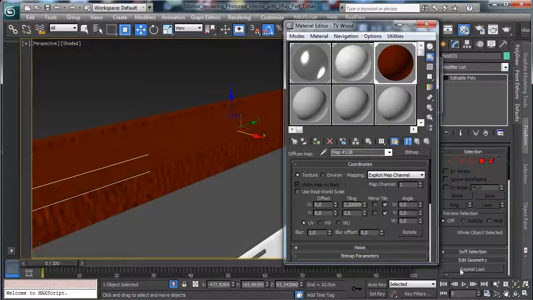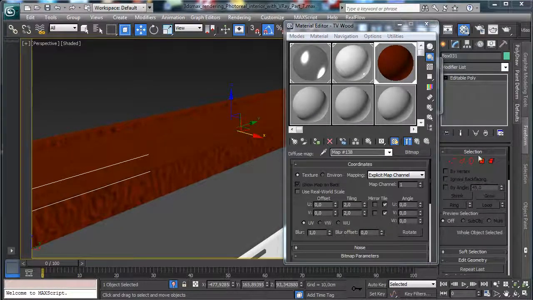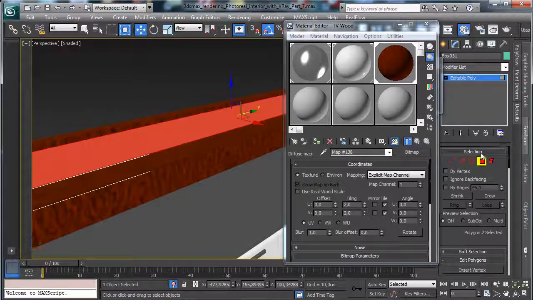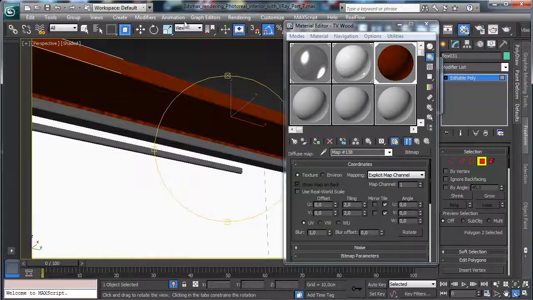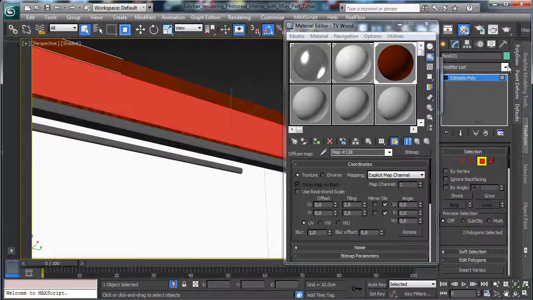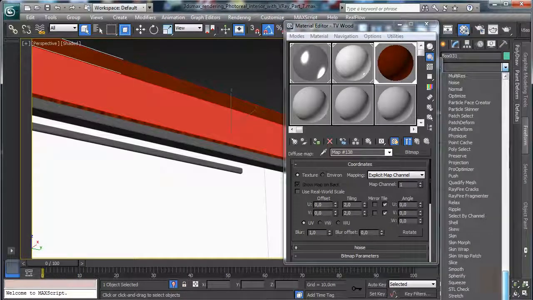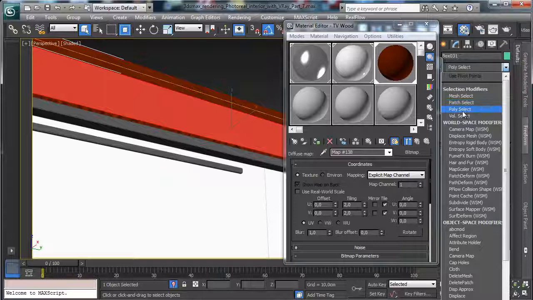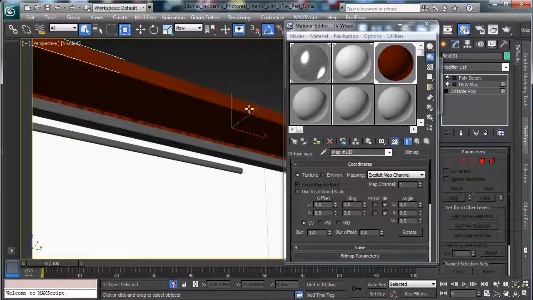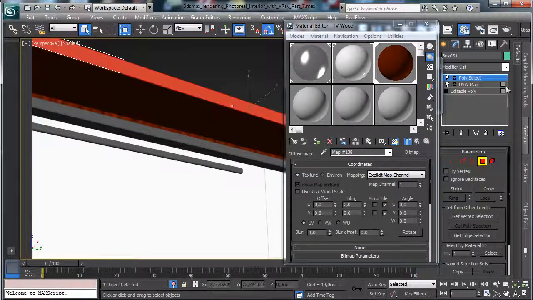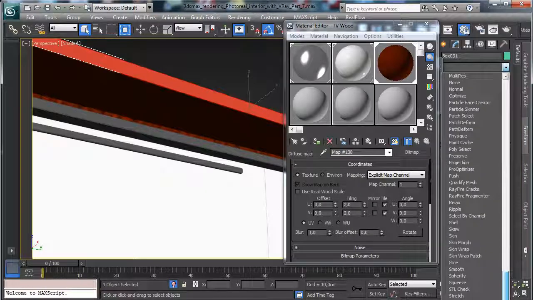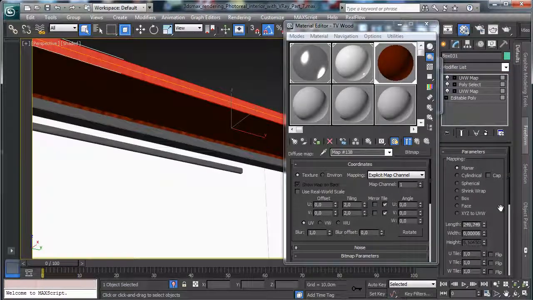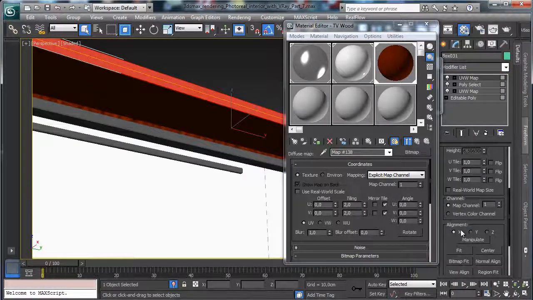Let's assign, to have a better look, we can, for example, pick this face and this other face and set a UV map as planar, then poly select, and we select this part and we assign another UV map, and we say that it's planar, but